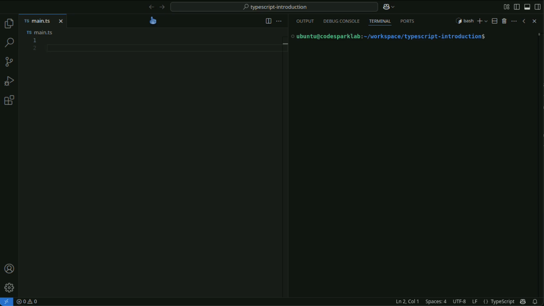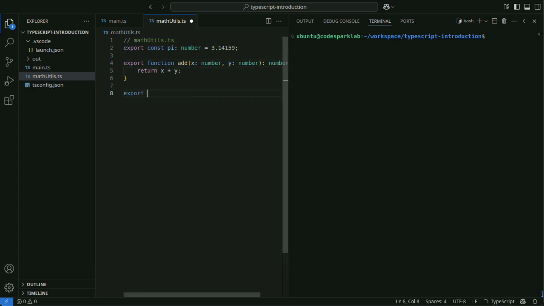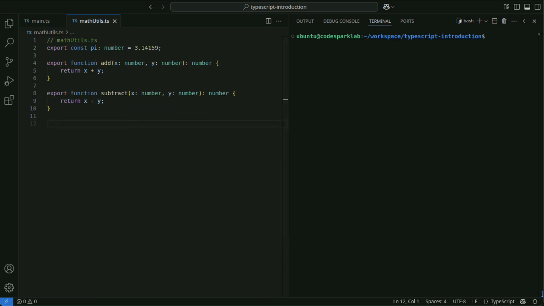Named exports are used for making multiple exports, allowing the import side to select and use specific ones. Default exports are used when you want the entire module to have a single default export. Default exports are exported without a name, allowing the import side to receive them with any name.